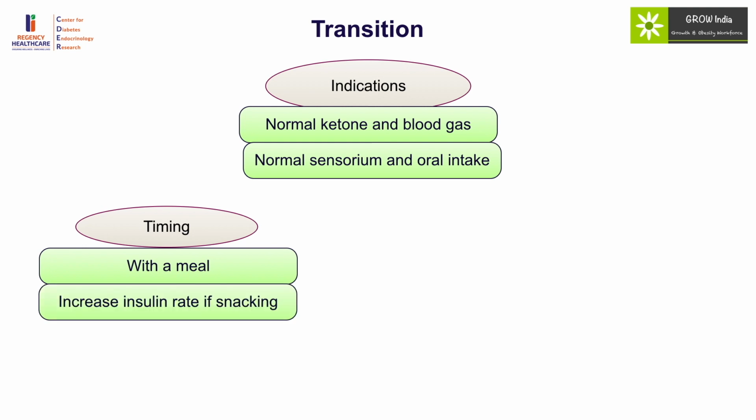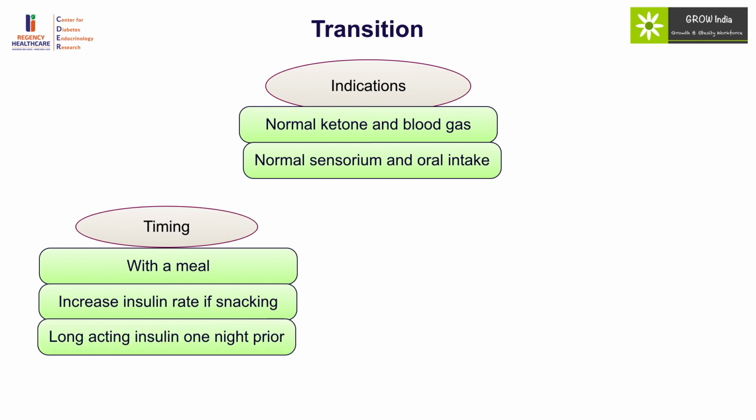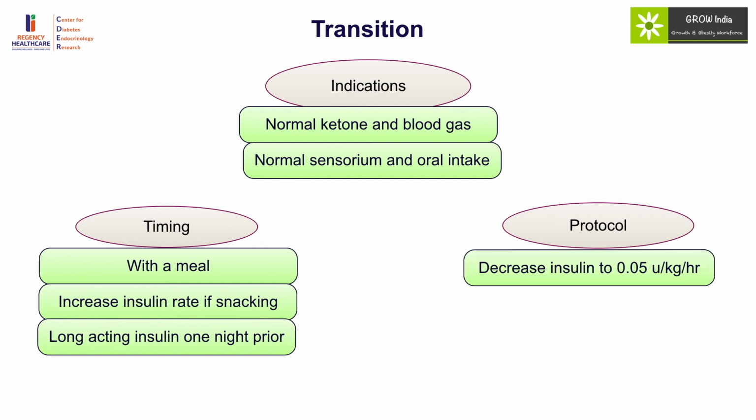If a child wants to snack, one can increase the insulin infusion rate to 50 to 100% depending upon the amount and duration of snack. It's always better to give a long-acting insulin like glargine one night before because that decreases the duration of diabetic ketoacidosis. The protocol involves decreasing the infusion rate to 0.05 unit per kg per hour